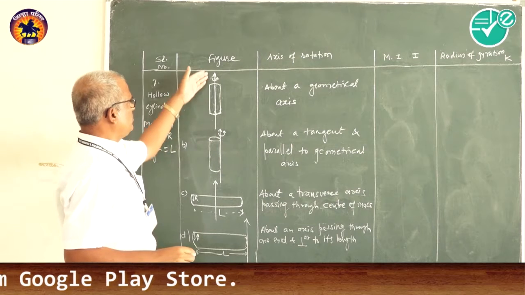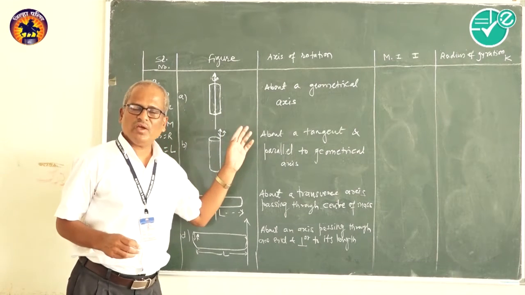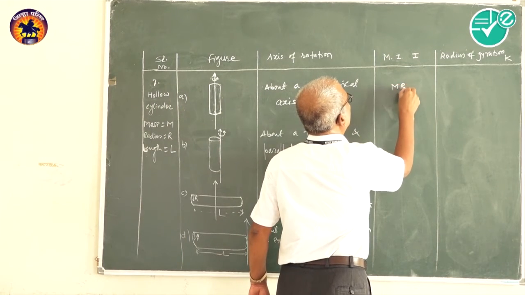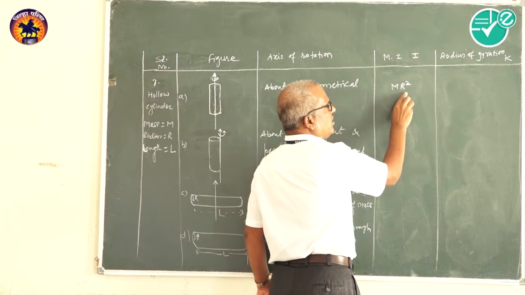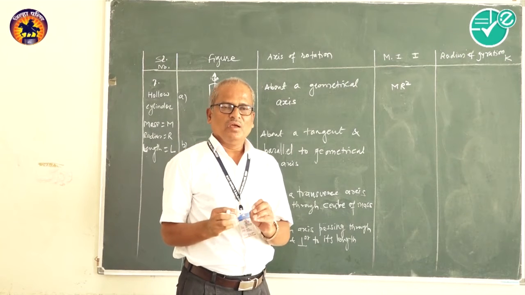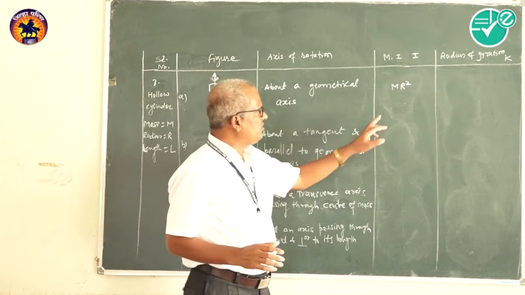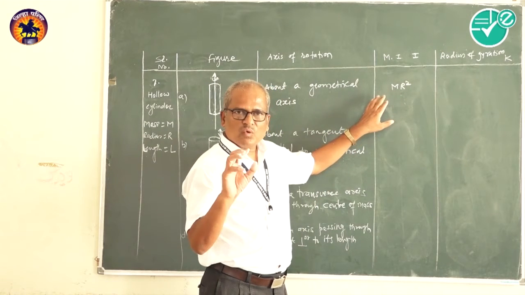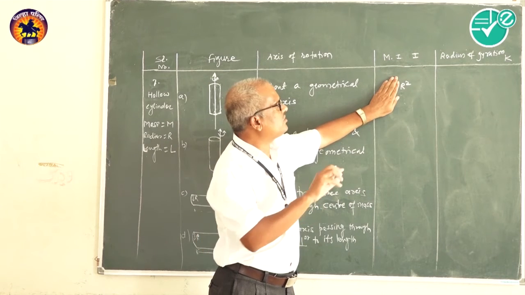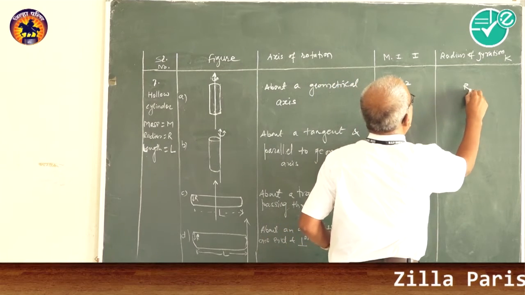The axis of the cylinder means the geometric axis. So the moment of inertia of a hollow cylinder about the geometric axis is given by mr square. For the radius of gyration, every time we write it, look at the formula, take the quantity which is multiplied with mass, concentrate on that quantity and take its square root. That gives the radius of gyration. So the radius of gyration here is only r.